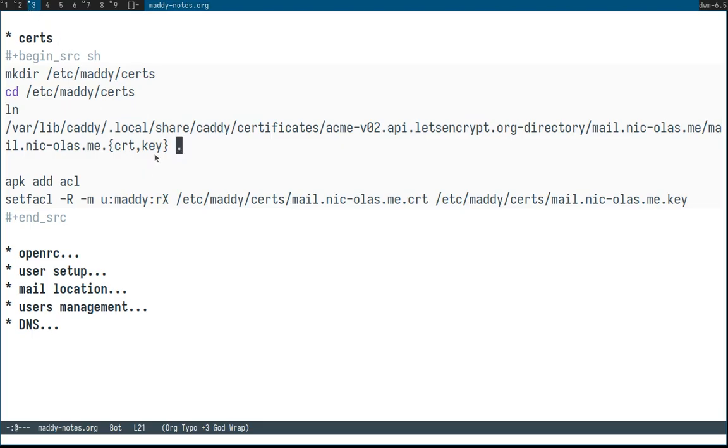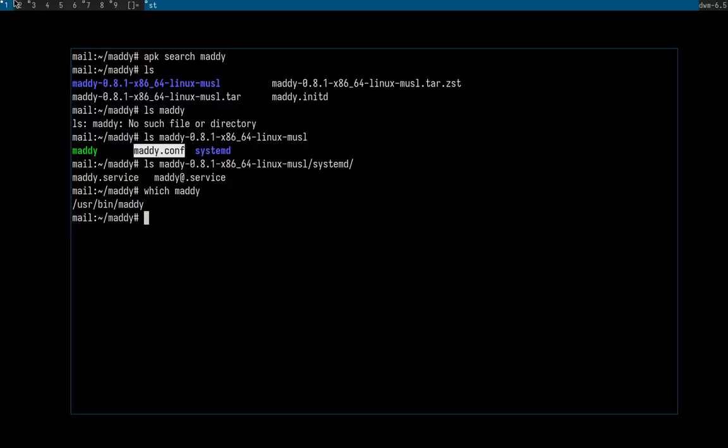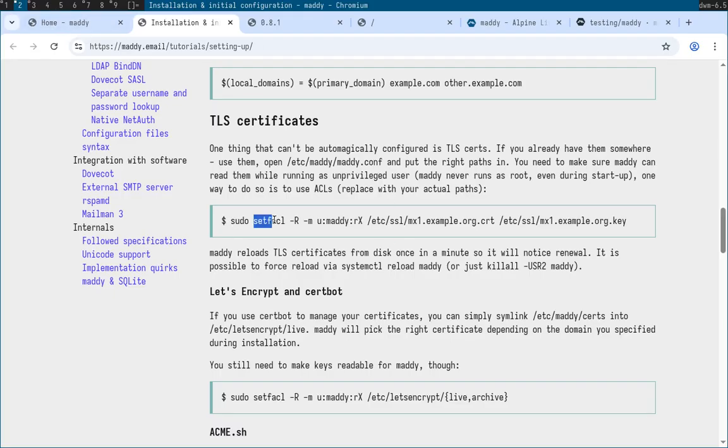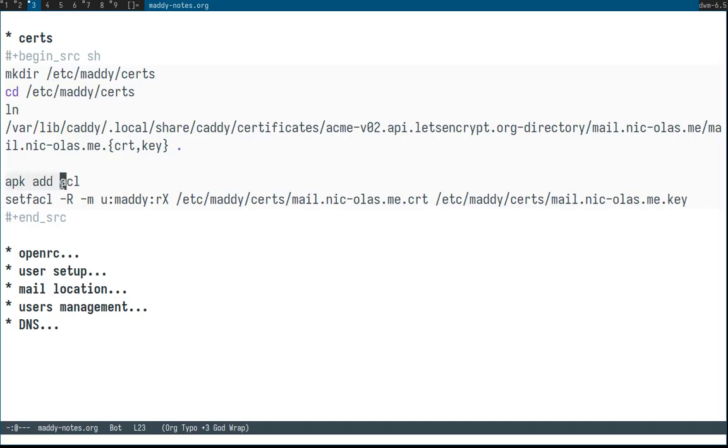So maddy can actually read the directories these keys are located in, or these files. And then I followed the documentation, which says to use the setfacl command to make files readable only to the maddy user. This is an access control utility, which you need to install in Alpine by using apk add acl. And then you can run this, and I just allowed maddy to read these hard linked certificate